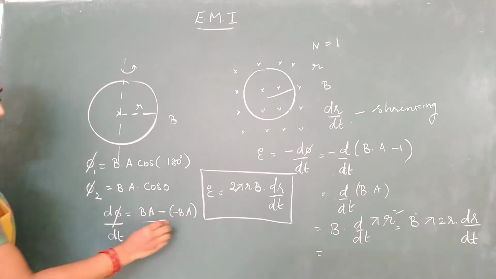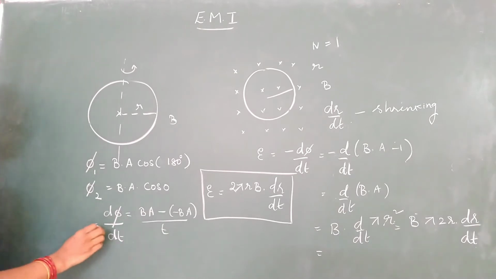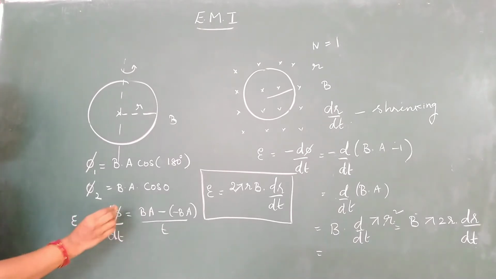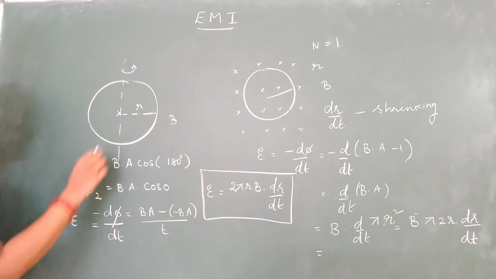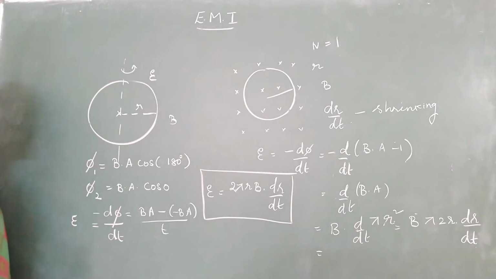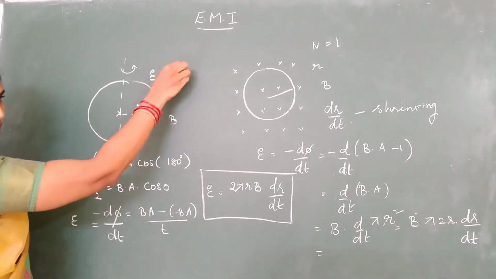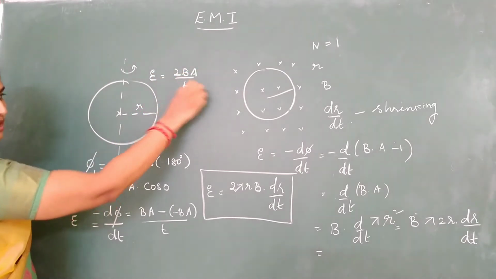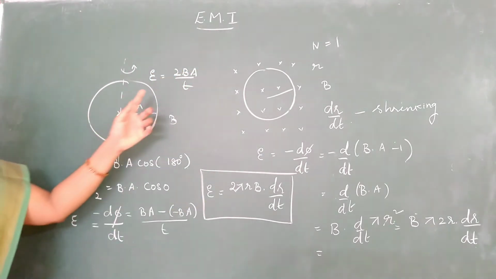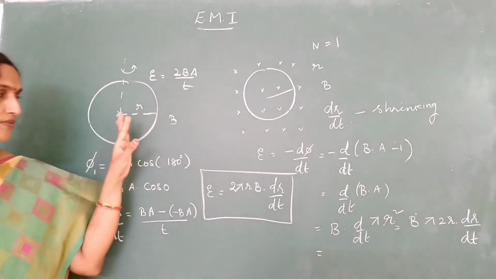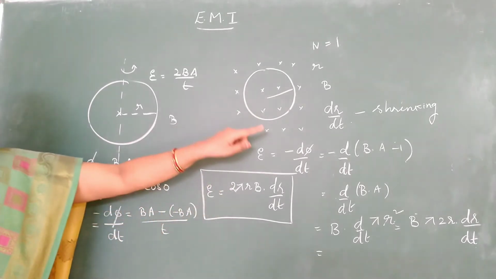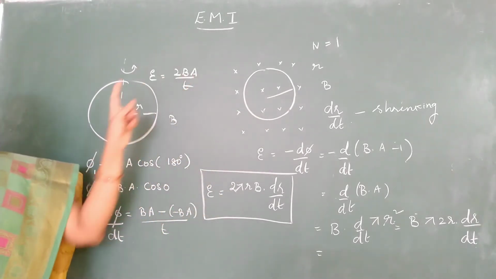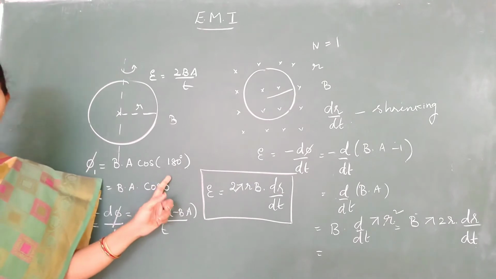Time will be mentioned in the question. Divide with the time given. Will this give you the induced EMF? Of course, minus sign indicates it always opposes the cause of it. So what will be the induced EMF if you have rotated the coil through 180 degrees in a magnetic field? BA plus BA, magnitude I am writing, it is 2BA divided by T. So this is how you can find out the induced EMF when orientation is going to change. So three ways you can get the question: by changing the magnetic field, by changing the area, or by changing the orientation, that is theta.